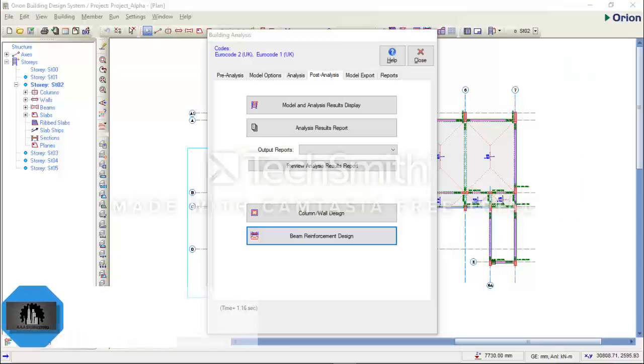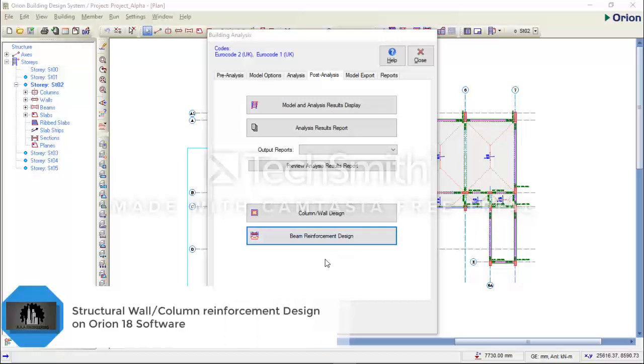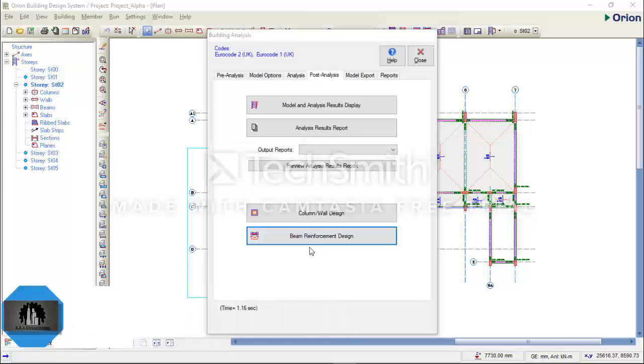In this video tutorial, I'm going to teach you how to carry out structural column or wall design on my 18 software on my main project. In our previous tutorial, we looked at how to export beam structural details to AutoCAD. So the first thing we need to do